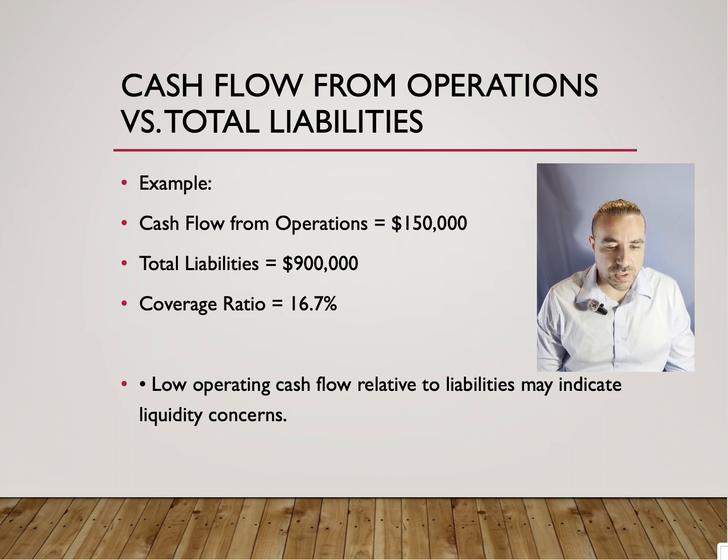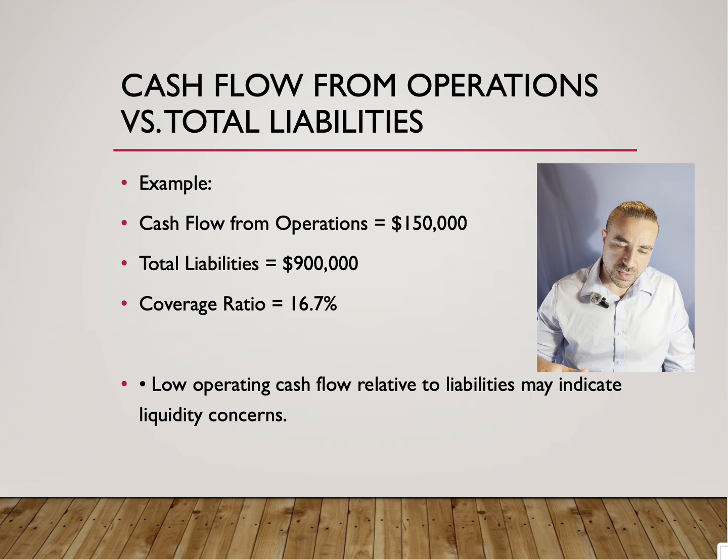So comparing cash flow from operation to total liability can provide insights into the company's ability to cover its debt using the cash that's generated from the operation. If the cash flow from operation is low relative to the total liability, it may indicate potential liquidity issues or reliance on external financing. If we take a quick example, if we have cash flow from operation of 150,000 and